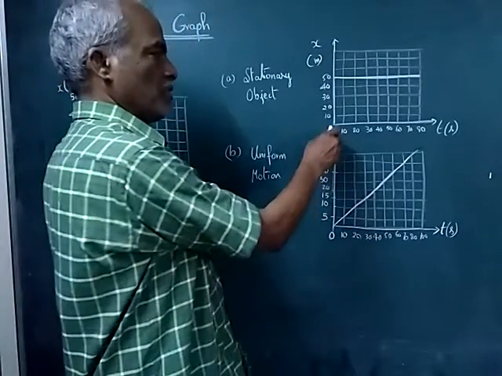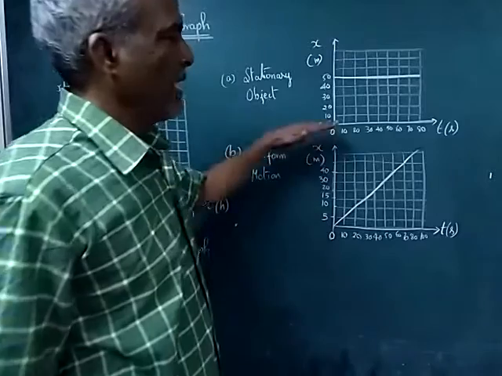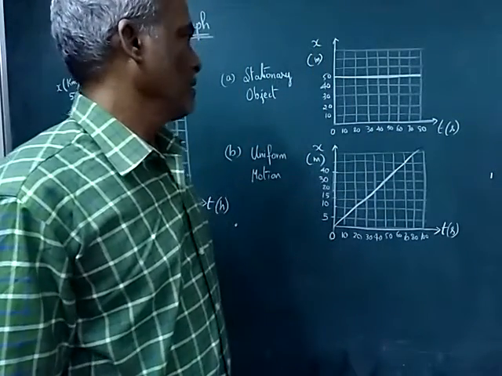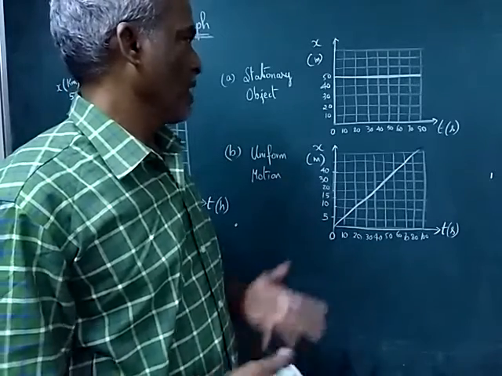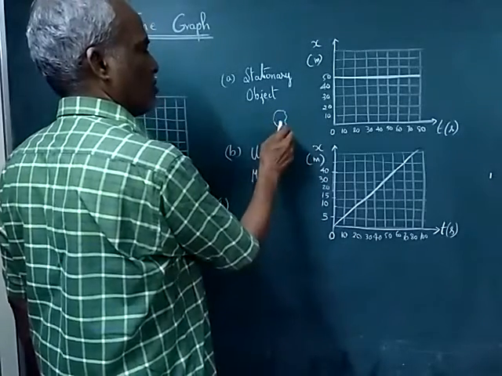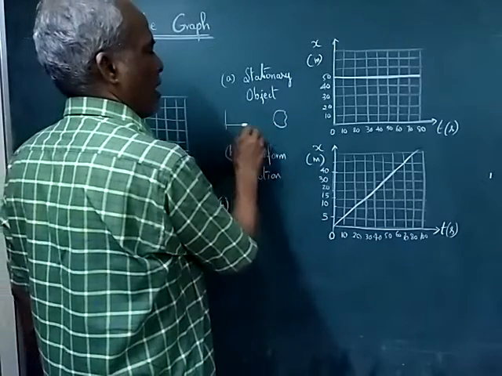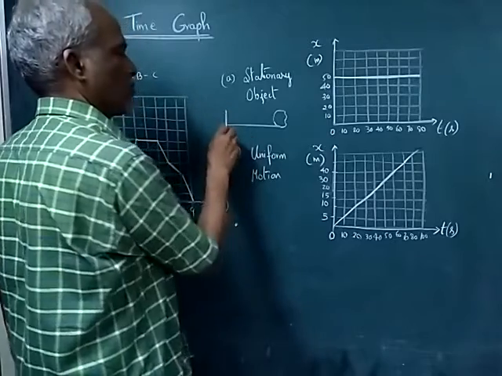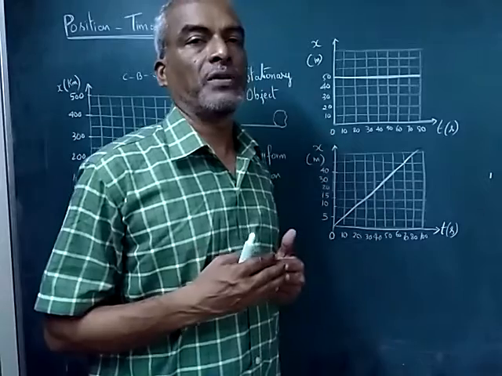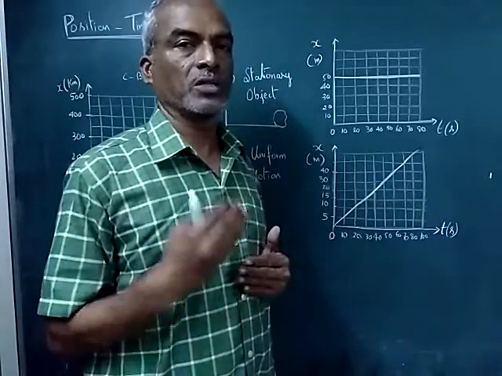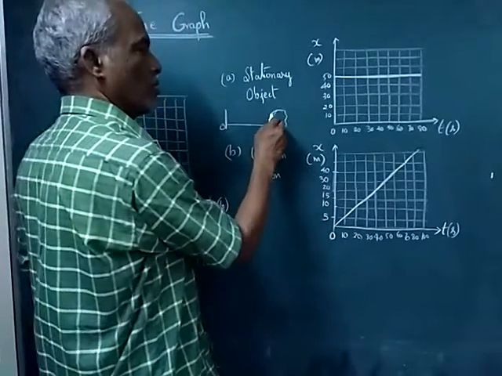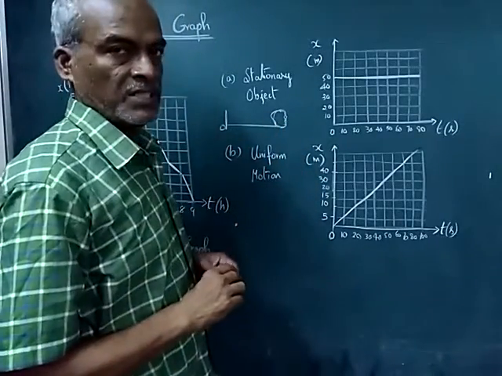So this is the reference point 0, the x-axis is time and the y-axis is distance. Assume a big rock. I am measuring from this reference point. Whenever we do measurements, we must have some reference. The point from which you are measuring is called the reference point. So assuming this is a big rock, not moving, stationary.